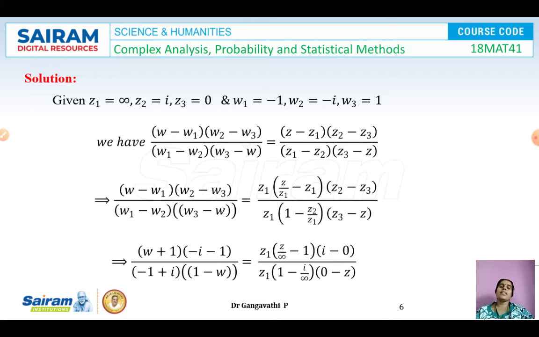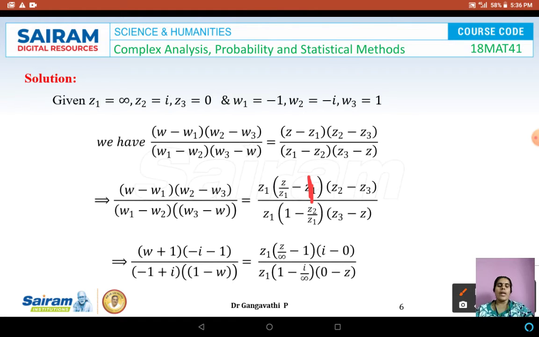In order to avoid this uncertainty, the term which is causing the problem here is this z1, so we will try to eliminate the z1. How do we do it? We can take z1 as a common term. If we do so, here we get z by z1 and this is going to be 1. This is going to be 1. And in the denominator, I can take out this z1 outside. So here we have 1 minus z2 by z1. This is how we can do it. By that we can cancel this z1 and z1 directly, so that the infinity by infinity term can be eliminated.